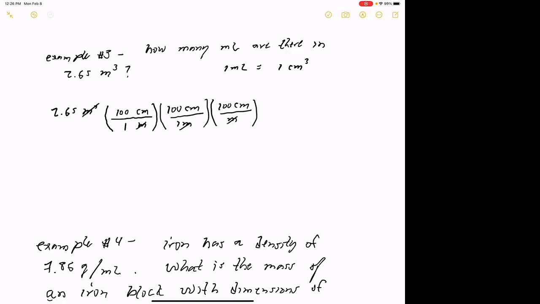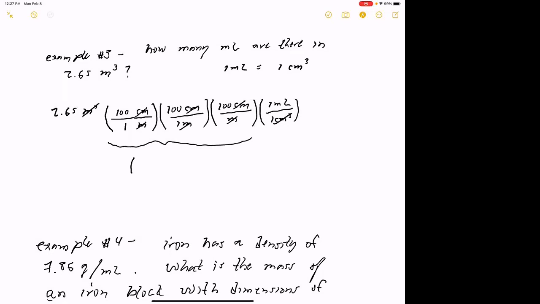So now I can go directly to milliliters because I know that 1 milliliter is the same thing as 1 centimeter cubed. Okay, so now my centimeters cancel with my centimeters cubed there. So now I've got milliliters out of this thing. Okay, now the other way you could have done this, if I just put these 3 together,